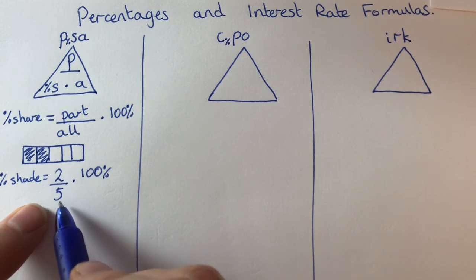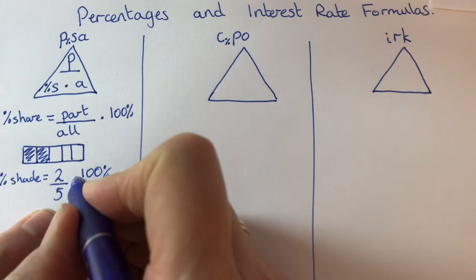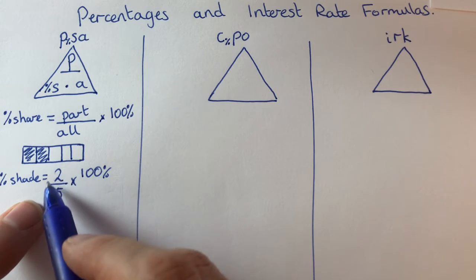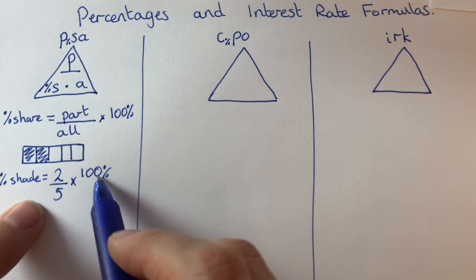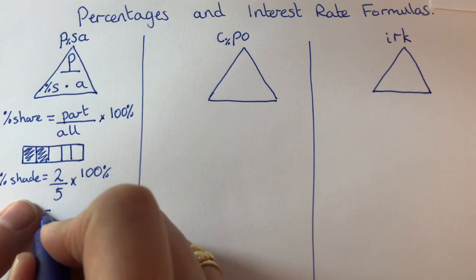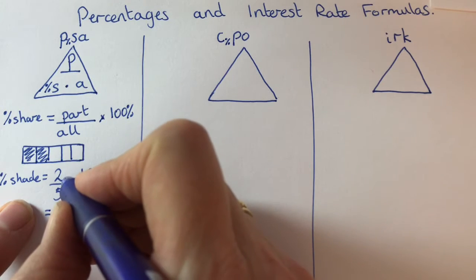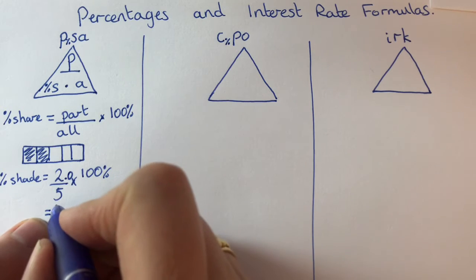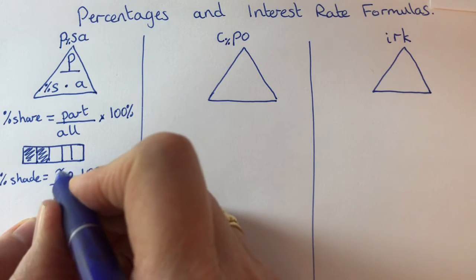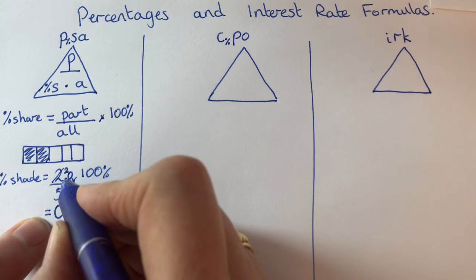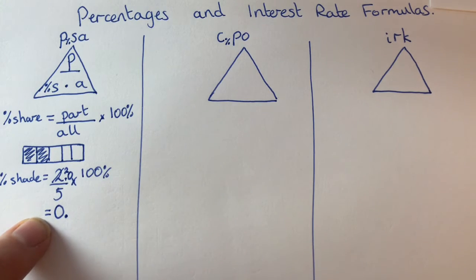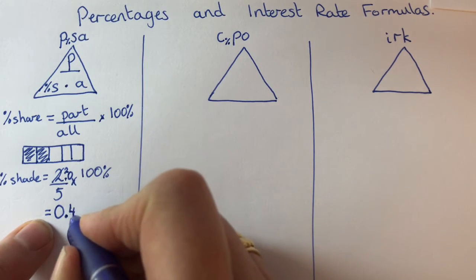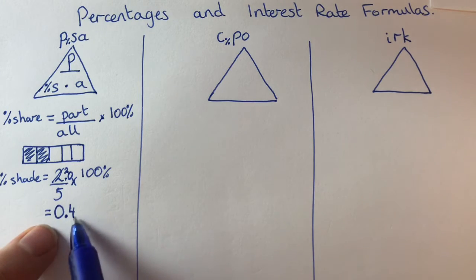So 2/5 is a fraction form, is a decimal, and we multiply it by 100% to change it into percentage. Well, the first thing to do when we're changing a fraction to a percentage is often to change it to decimal form. So we divide 2 by 5 using short division. 2 is the same as 2.0. 2 divided by 5 goes 0 times, and all of those 2 are left over to the next number. Before we divide after the decimal, we have to put in our decimal point. And now we do 20 divided by 5, and that's 4. So the percentage shaded is the same as 0.4